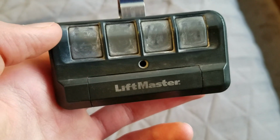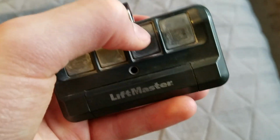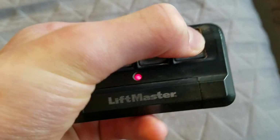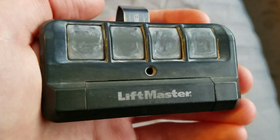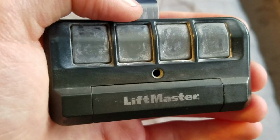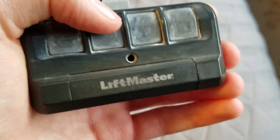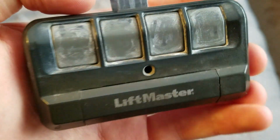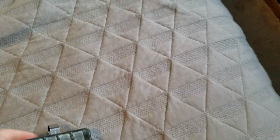So, there's that one. Alright, next I have a Liftmaster 894 LT. This one I also got from the shop. All the buttons on it work. By the way, the reason for the way the buttons look, it looked worse when I first got it. It had paint all over it. So what I did, I took the buttons out of the case, soaked it in rubbing alcohol, and the paint came off pretty easily after that. Matter of fact, I'm going to show you something quick. Let me just grab my...